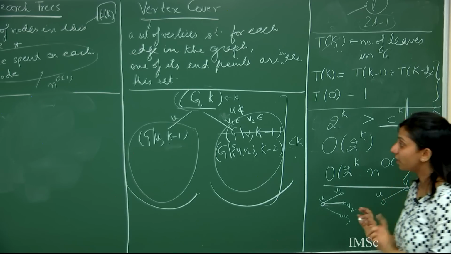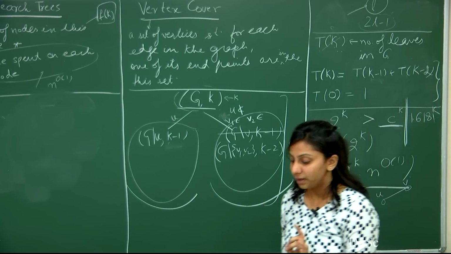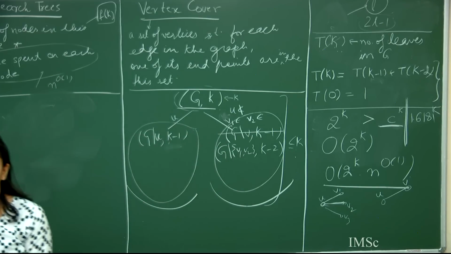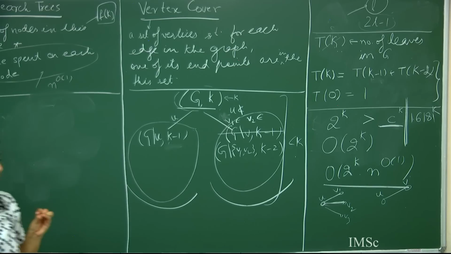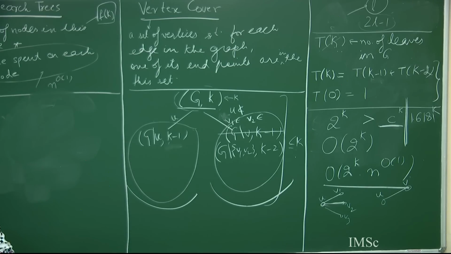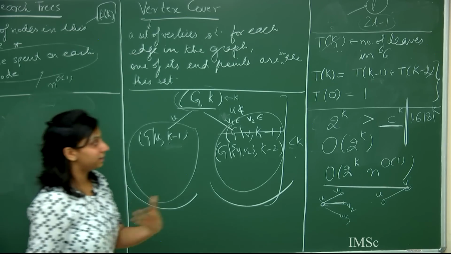Now, one last thing quickly. Another way of improving the running times is also the following. So what did we do here? We had a graph, and we could pre-process the graph so that the minimum degree of the graph is at least 2. Now again, suppose the minimum degree of the graph is